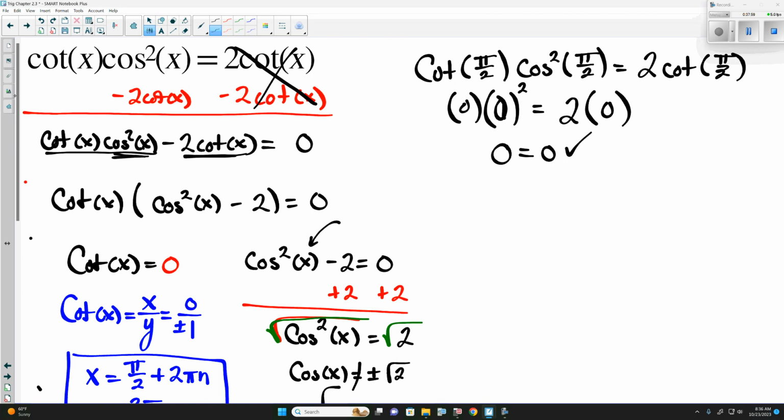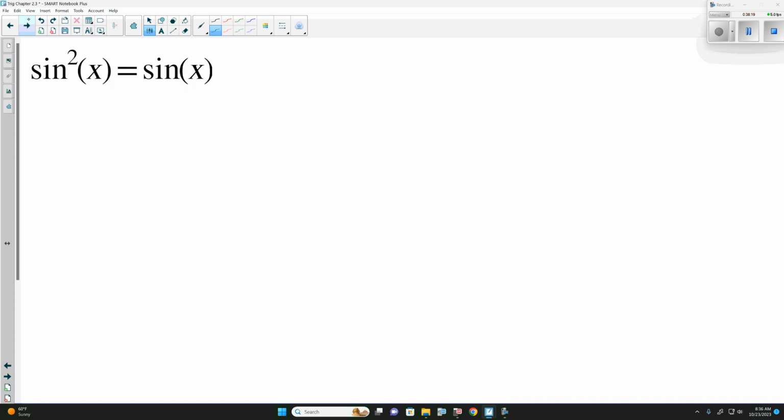Now it seems odd that pi over 2 doesn't work for our cosine, but because of how when solving we didn't just get cosine equals 0, we got cosine squared minus 2 equals 0, so we don't have an actual statement. Does that make sense? It's kind of a little weird, but it does work out. Questions on any of this here? Well, we're going to stop there for today, mainly because we're out of